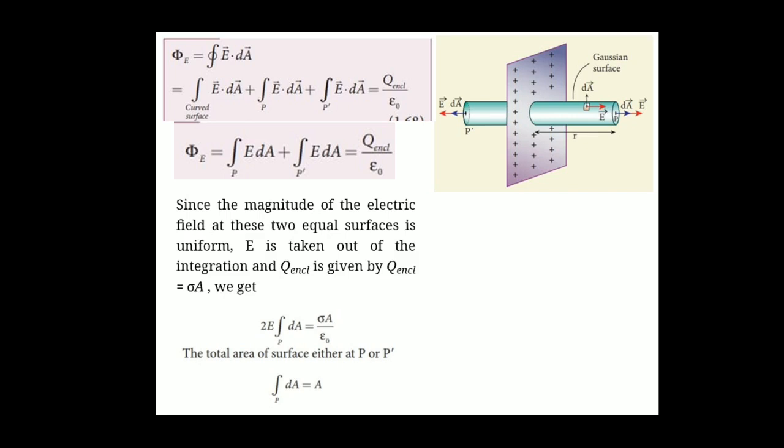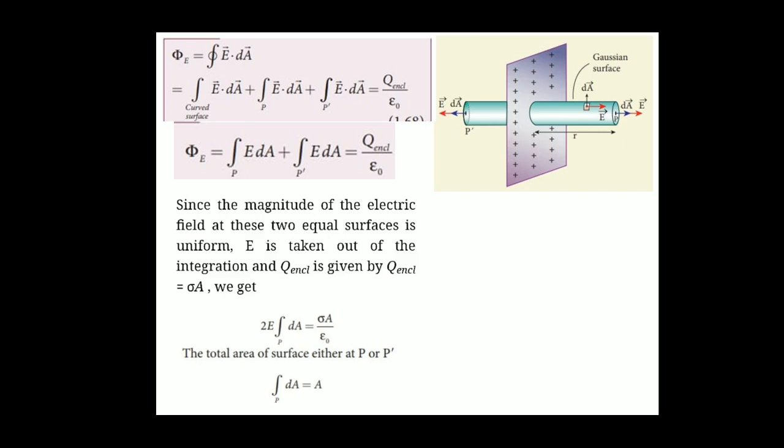Then what is integral dA? What is the shape? It is a circle. Correctly speaking, it is pi r square or pi a square, anything will come, but today it's not that much needed. We take it as the flat surface P has an area A, and flat surface P dash also has the same area. So integral dA, I wrote, is equal to A.